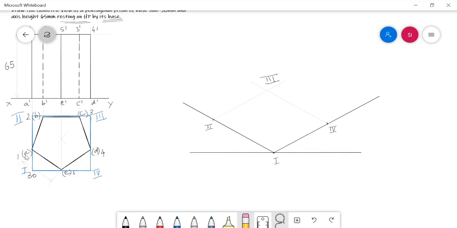See here, the point A is located in the side 1 2, and the points B and C are located in the side 2 3, and the corner D is located in the box side 3 4, and the corner E is located in the box side 4 1 or 1 4.